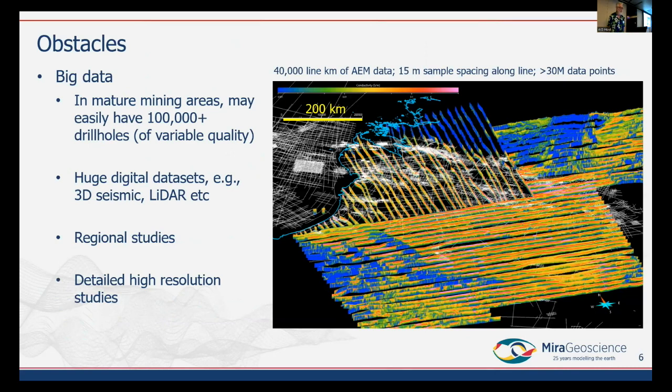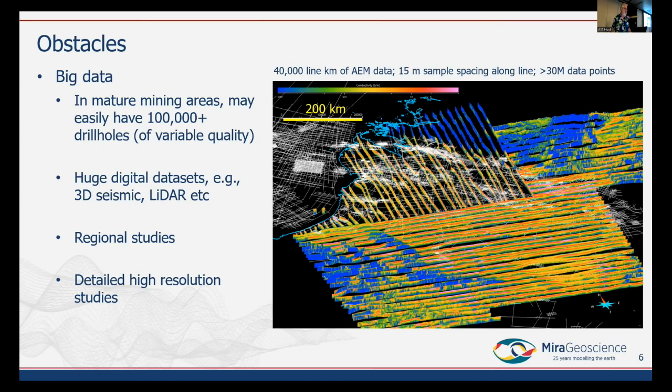What are the obstacles to 3D visualization? We have very big data sets. That's the primary one. If you're in a mature mining area where there's been exploration for 50 plus years, I've seen several projects with more than 100,000 drill holes. So you're looking at huge amounts of data.